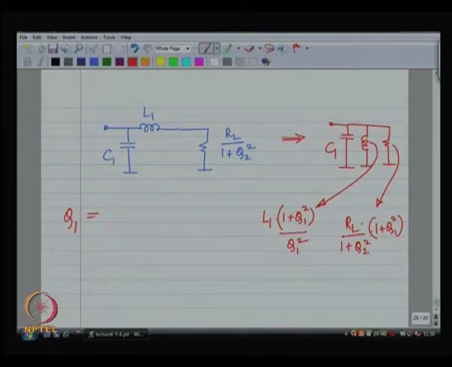So, at omega 0, Q1 is going to be equal to, the smaller the resistance, more the Q. So, L is going to come in the numerator, resistance in the denominator. This is the Q1 that we are talking about. Fine. Okay. So, this is what we have got,